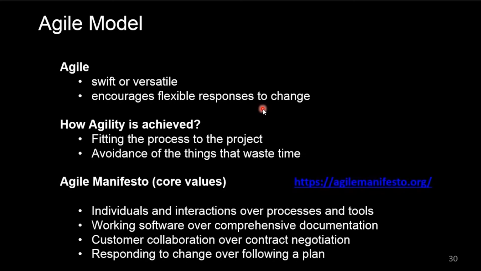Like what things waste time? Like we know that in the waterfall model we spend more time on documentation. Because the waterfall model requires that first of all we have all the requirements, otherwise if we get a new requirement in between the process, we are not going to accommodate those requirements into our model. So we spend a lot of time documenting those requirements, and sometimes that documentation is not useful, and it is not going to be used by any other people. So that is just a waste of time.